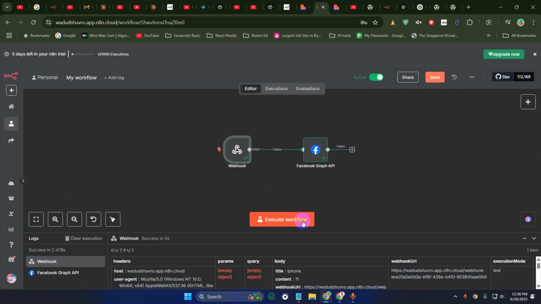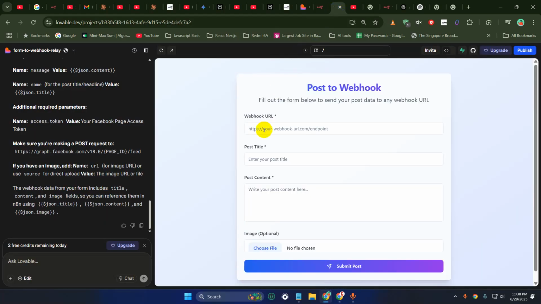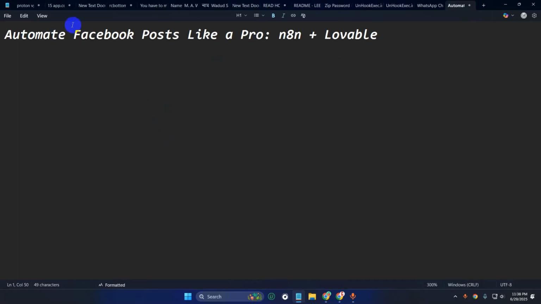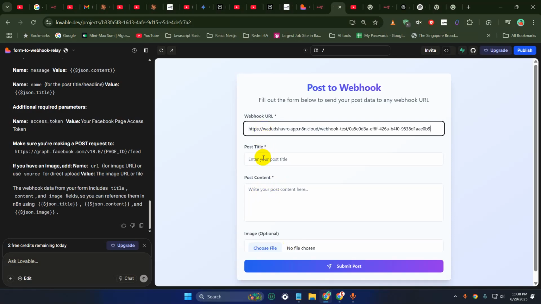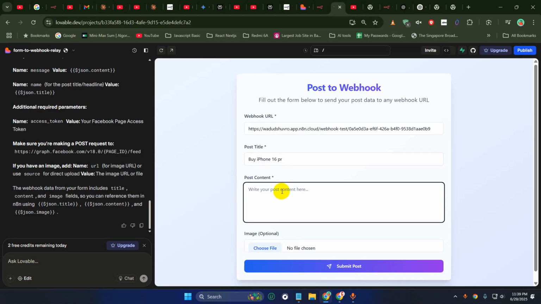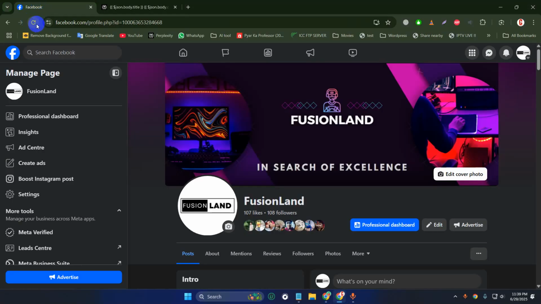And if I execute the workflow, and if I go inside my page, and here is the URL, and for example I put one title with best quality random. So before submit, I want to show you that in the Facebook page, if I reload my Facebook page,